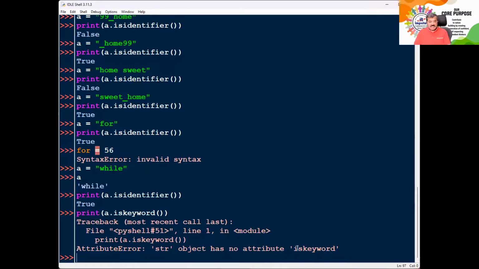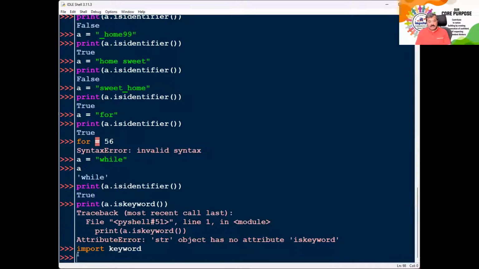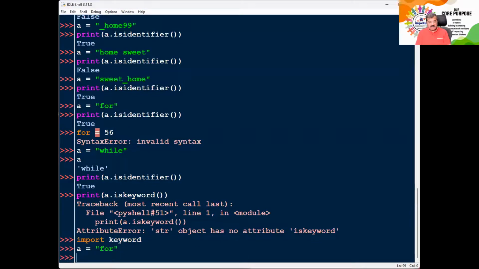In a string there is nothing as is keyword. But I want to check whether it's a keyword or not. So there is a module called keyword, which I'd like to import. I can say import keyword. So if I import keyword, and then if I have this variable A is equal to for, correct? I want to check whether it's an identifier or not. So I can say print. I hope you are noting down. keyword dot is